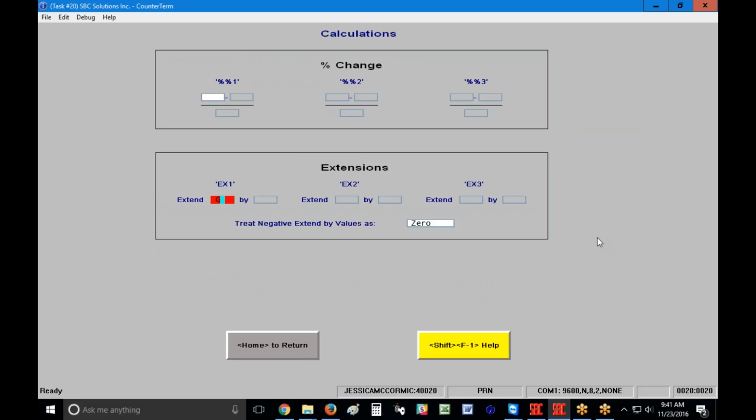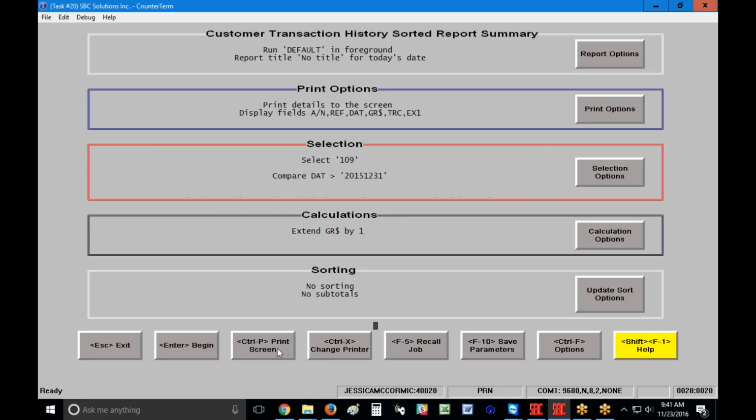I perhaps want to total my grand total, GR $, by 1. When I say extend by 1, it's simply going to multiply itself by the column to make sure that I get a total at the bottom of the page of that column of information. I'm going to press my home key, and now I'm going to come over here to my sort options, and